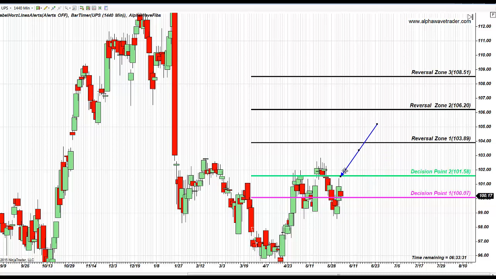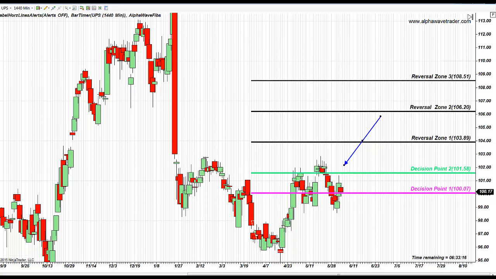UPS stuck at the end of the decision point 101.58. Very crucial resistance level. Is that clear? Bullish rally overextended based on the Alpha Wave Trader method. Buy on UPS 96 area,